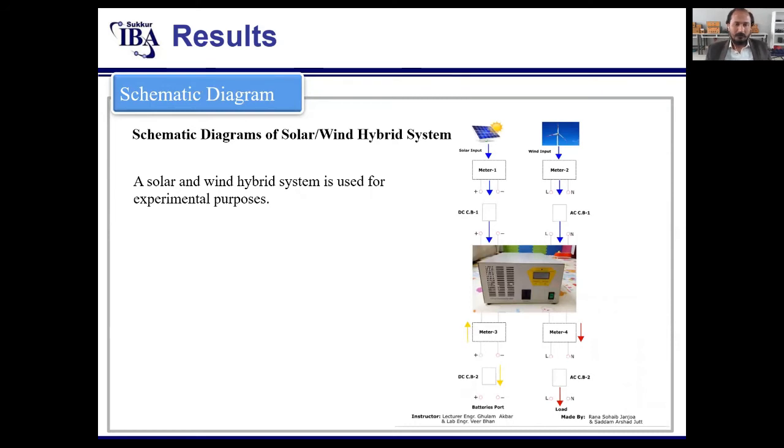The last one is the schematic diagram for a solar wind hybrid system. A solar wind hybrid system is used for experimental purpose. Here we use a 150 watt panel and a wind rating of 500 watt. Both are going towards a hybrid inverter.